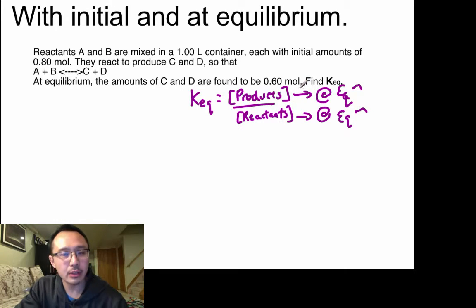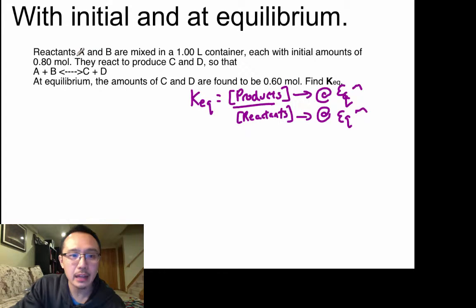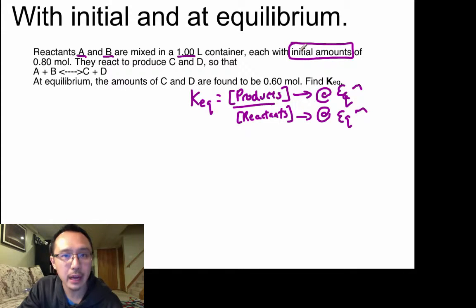If you look at this question, it's not at equilibrium. Reactants A and B are mixed in a 1 liter container, each with initial amounts of 0.8 moles. That means that's before the reaction actually got started. They react to produce C and D. So here's the reaction at equilibrium. Now you're given the equilibrium amounts of C and D, which is 0.6 molar, and you're asked to